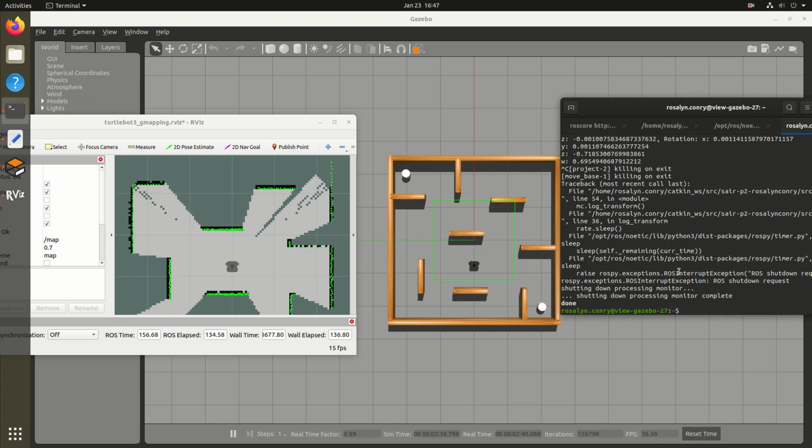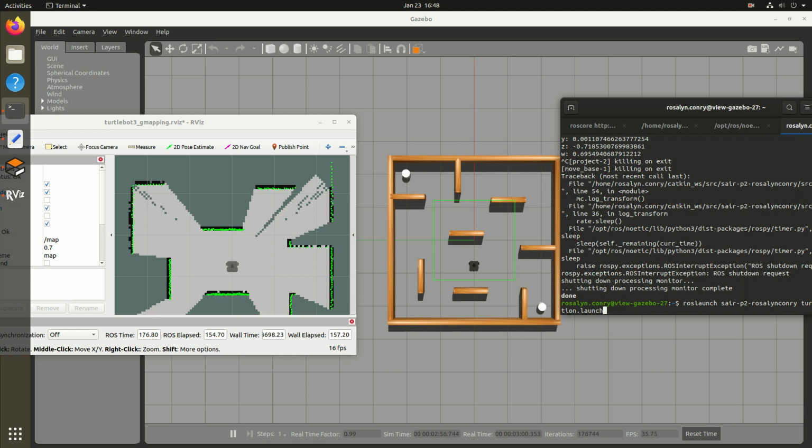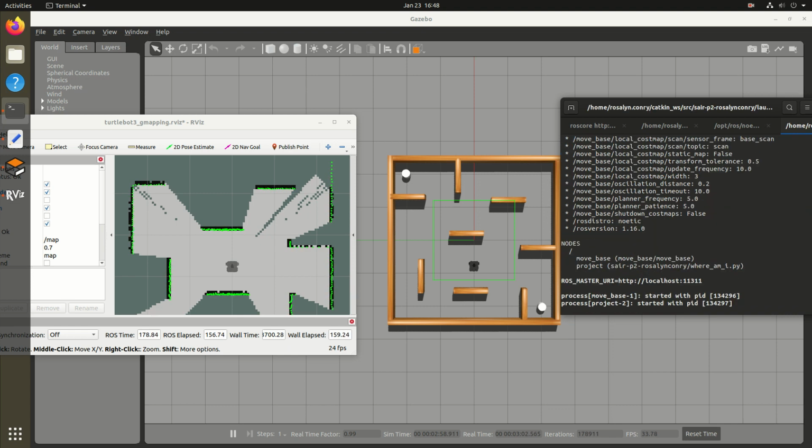My name is Rosalind Conry, and today I will be demonstrating my code written for Project 2, task number 1. My code will make my robot move to 2 hard-coded goals, and then afterwards it will start logging the position of the robot. I have my RViz, my Gazebo, and my terminal open, and I'm about to launch my launch